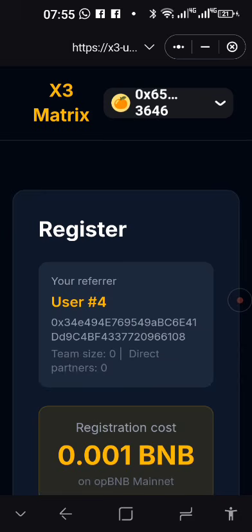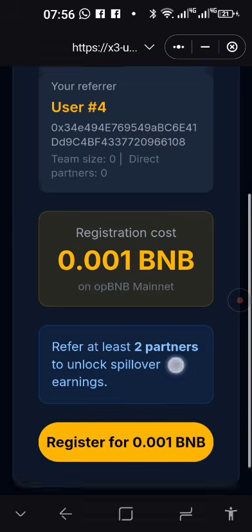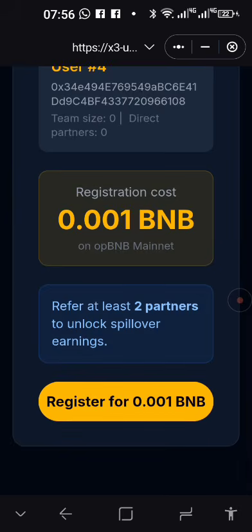If your wallet asks you to connect, choose the wallet connect tab and then choose your wallet. It should be a SafePal. Here you can see your referrer is number 4. That's the address, and the amount is 0.001 BNB, and then you just press register.